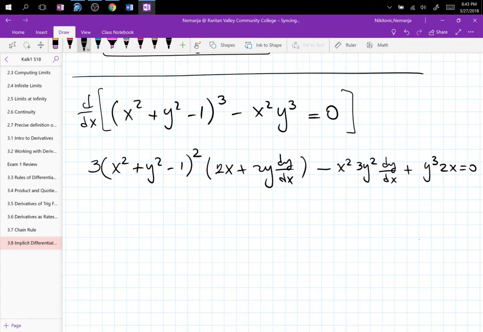And I'm just going to walk away. Because now to FOIL this, you would get 9 terms on the first one, because you are squaring, right? 3 times 3 is 9 terms. So those 9 terms times these guys become 18 terms. And then you have these two. So this is a 20-term expression, which is the reason why I'm walking away from simplifying and making everything into dy dx. But then you might wonder,